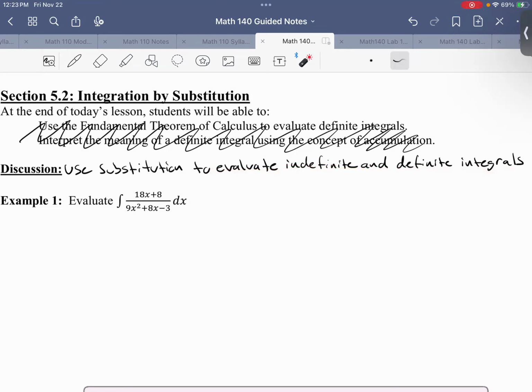So let's go ahead and look at example 1, where it says evaluate the integral of 18x plus 8 over 9x squared plus 8 minus 3x. So far in this class of integration, we haven't really learned anything that can help us solve this integral. So what I'll say here is we can't solve this,